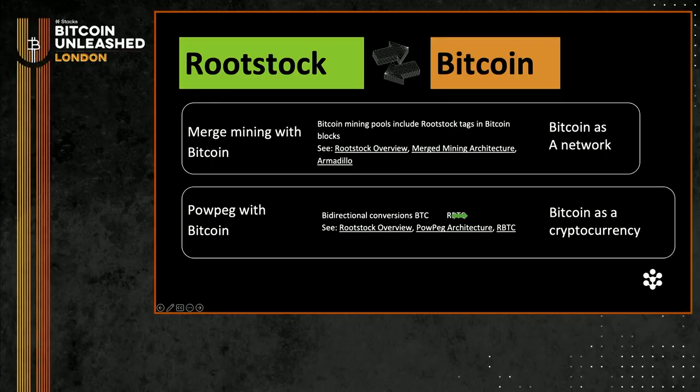And what Rootstock does is it piggybacks on that Bitcoin block, and a reference to the Rootstock block is added in a specific part of the Bitcoin block. To be more specific, it's a field of the coinbase transaction. It's a 32-byte piece of data, so it doesn't require any change on the Bitcoin node. And what the miner does is solve the proof of work on top of that Bitcoin